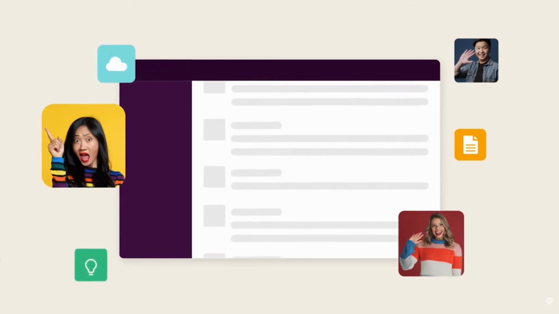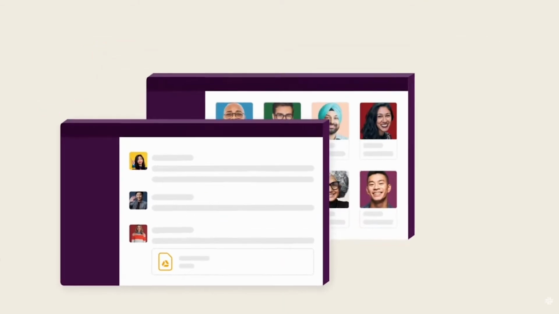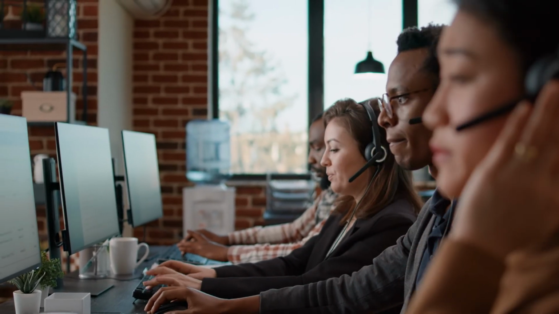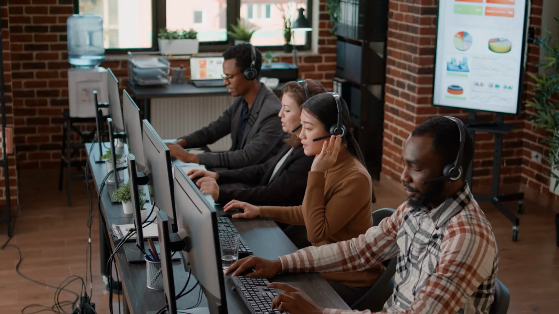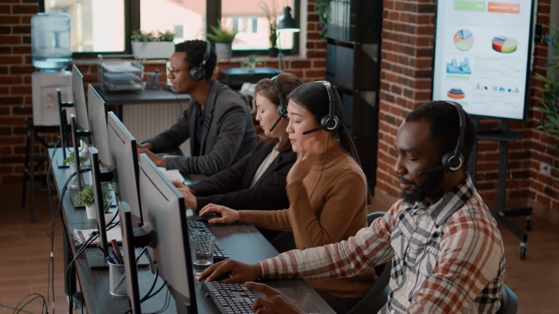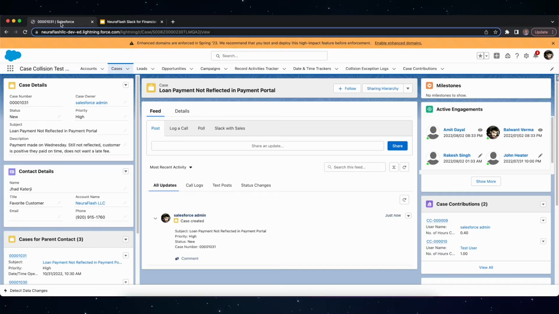Before Slack, a supervisor might not have even known an issue was occurring. John could have hopped from call to call without even having the chance to loop in someone who might have more information, even if he's experiencing the same issue repeatedly. Now we've been able to automatically notify a supervisor so they can look into the issue and report on the team members who helped with resolving the case.